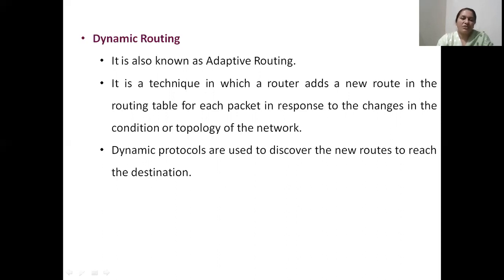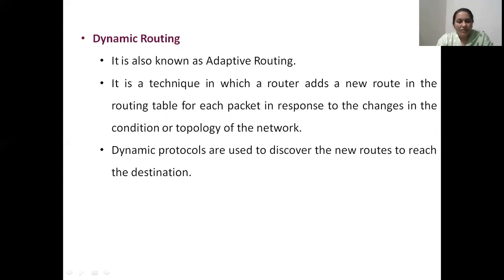Due to special circumstances like a change in topology or change in network traffic or bandwidth, the router which uses the dynamic routing model will be very intelligent to compute a new route and insert it in the routing table and facilitate the packet transmission according to the new route. Hence, we call this routing model a dynamic routing model because for each packet, the router is capable of taking decisions on the move.